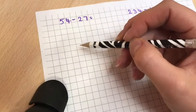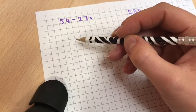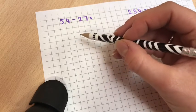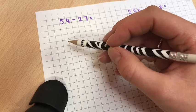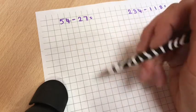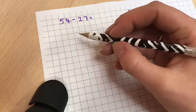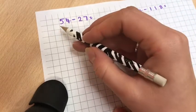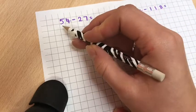Hello everyone, today we're going to look at subtraction using the column method, and the problems today are going to require some exchanging, which we've been looking at in class, but is quite a tricky skill. So I'm going to show it to you 3 times and hopefully you'll be able to have a go at home as well. So the first step, we're going to look at this sum to start with, which is 54